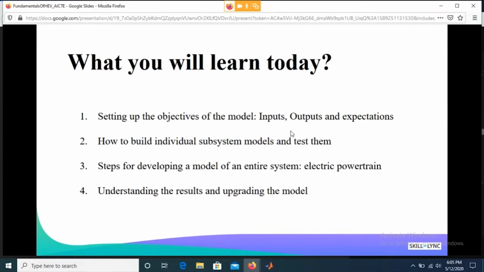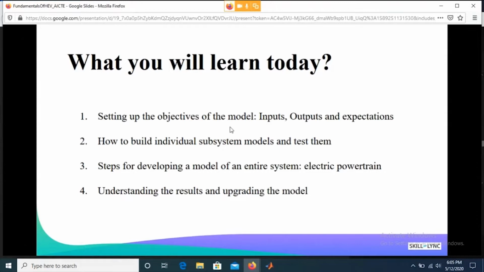So let me discuss the first point, setting up the objectives, right? What is the purpose of modeling? Today I'm going to create an electric vehicle model. What is the purpose of my modeling? My purpose is to create an electric vehicle which is going to run according to our inputs, right? My purpose is not to check what will happen to the motor if we have wide open throttle, right? Or my purpose of simulation is not just to analyze what is happening in the control system of a power converter, right? So my objective here is the overall simulation, right?